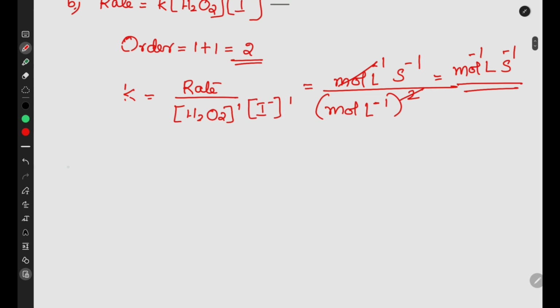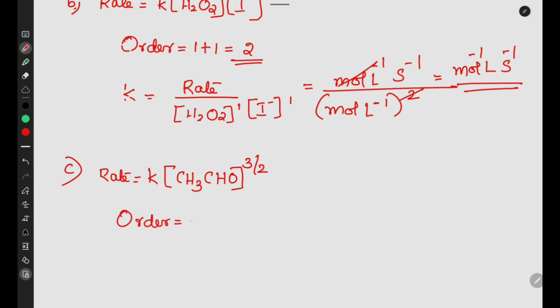Now the third question, rate is given as rate is equal to K into concentration of CH3CHO the whole raised to 3 by 2. Here order is 3 by 2 because there is only one concentration term, so its power is 3 by 2, so order is 3 by 2. And unit of K is equal to rate by concentration